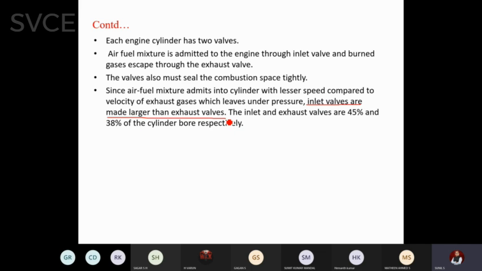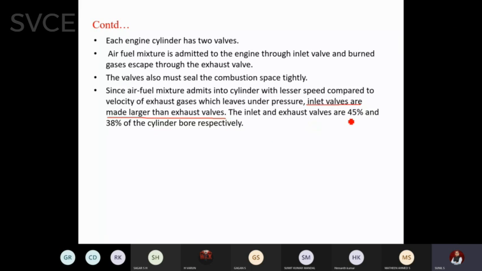So if you allow more diameter of the inlet valve, more quantity can enter and fill the cylinder. Whereas the exhaust gases will be under very high pressure. They are compressed to very high pressure, so that even though the valve diameter is lesser, they can move out quickly. These valves operate in fractions of a second. Within that fraction of a second, the gases have to enter and leave. If the pressure is very high, the gases can leave within a fraction of a second. If the pressure is low, it takes more time. So whenever the suction pressure is low, the diameter will be made larger.